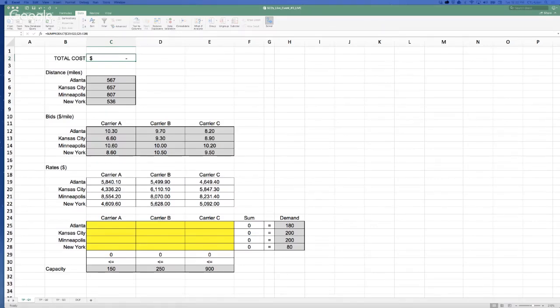So only two constraints. The first one is that cells from F25 to F29 should be equal to the demand, equal to cells from H25 to H28.